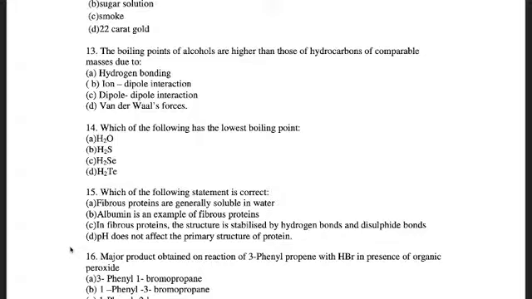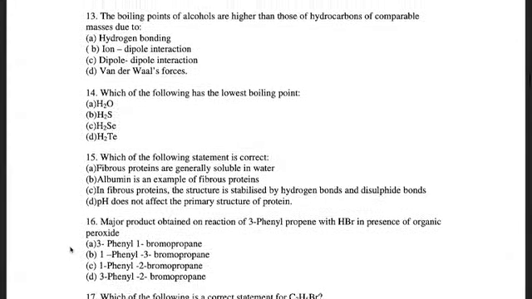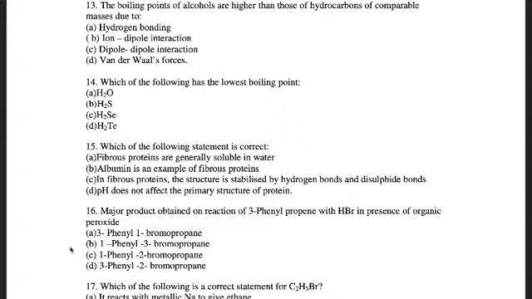Question number 16. The major product obtained on reaction of 3-phenylpropene with HBr in the presence of organic peroxide. Option A, 3-phenyl-1-bromopropane, B, 1-phenyl-3-bromopropane, C, 1-phenyl-2-bromopropane, D, 3-phenyl-2-bromopropane. Correct. The answer is option B, 1-phenyl-3-bromopropane,